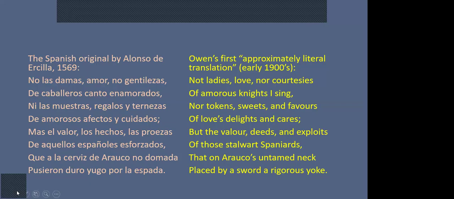What I was going to say is that I tried once to translate, I shouldn't have it around in one file, I have to search for it, a poem